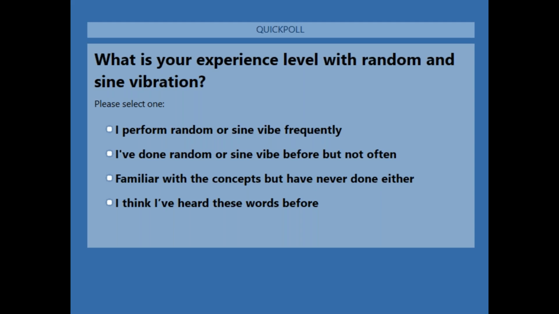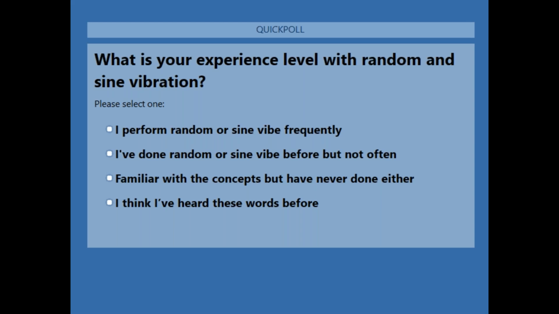I always like to get a feel for the audience, how experienced you are or not. Often we get people who've been doing this for years. We get people who haven't done it before, just interested in checking it out, and everywhere in between. Usually a pretty good mix, which looks like kind of what we're getting now too. I'll close the response here in just a second.